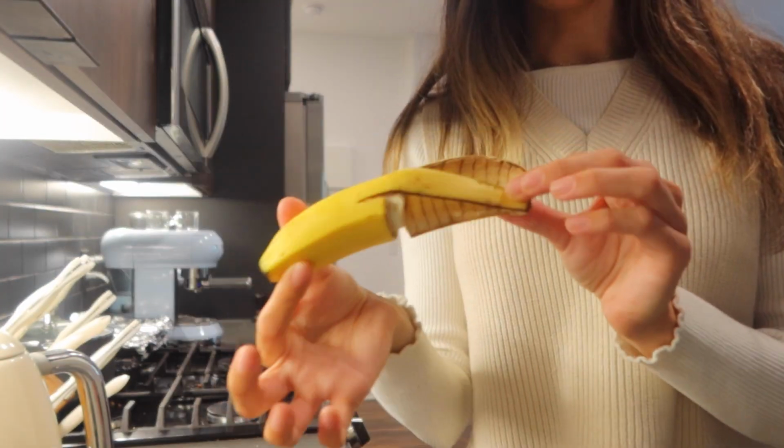So we're gonna make a very easy sweet toast with Biscoff. Half a banana,